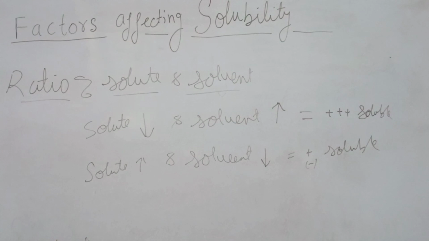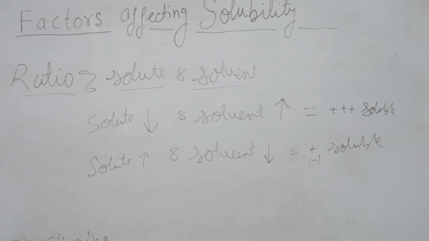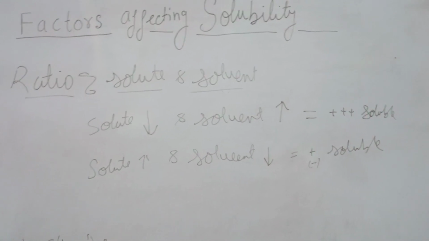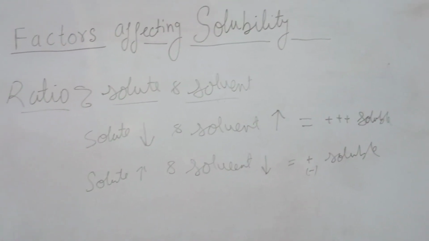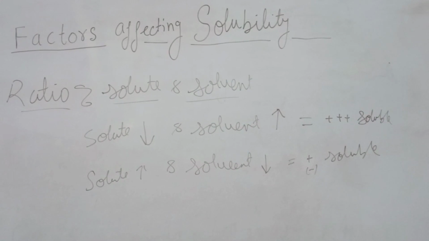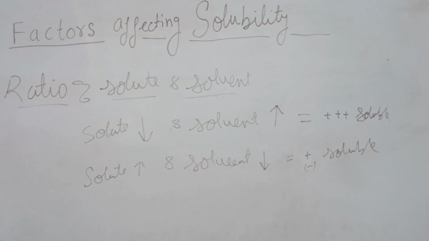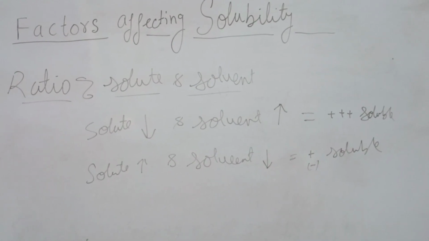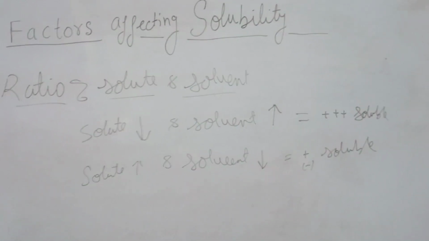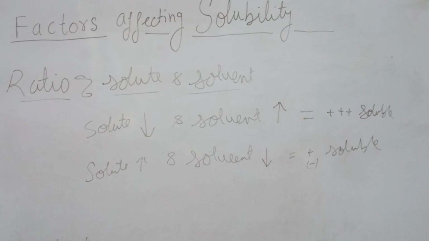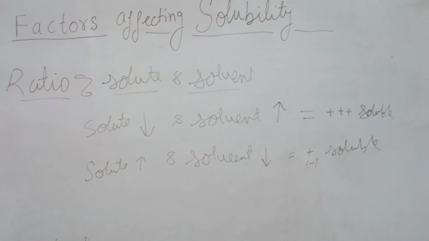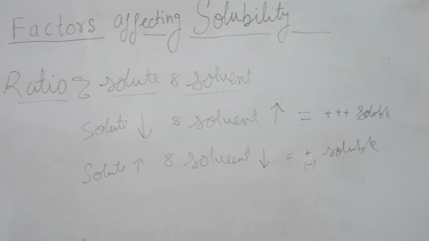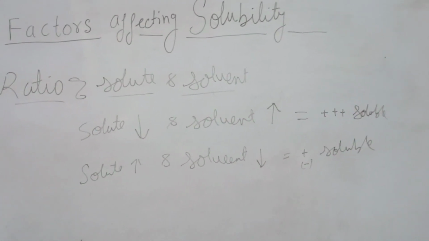So in such a case where the net quantity of solute is more than the net quantity of solvent, the solubility gets reduced tremendously. Not only does the solubility get reduced, but the solubility of that solute, which is present in a large amount in a small quantity of solvent, will also be negligible or nil.